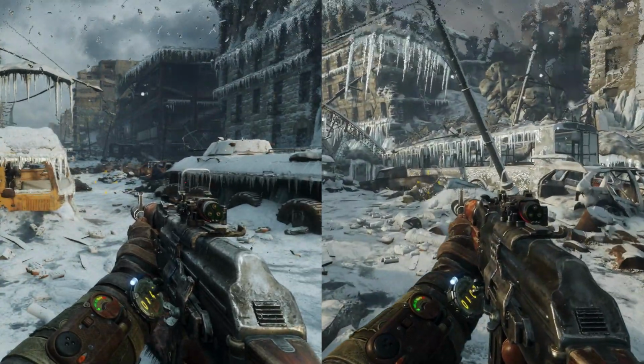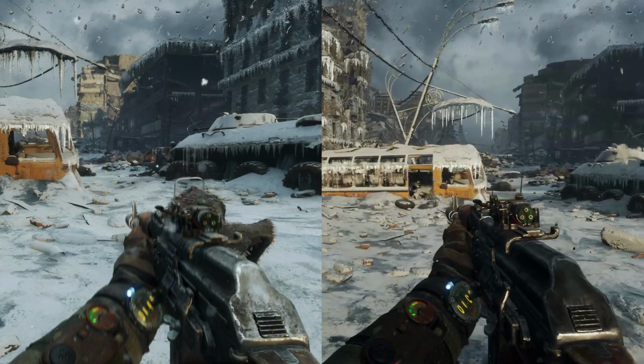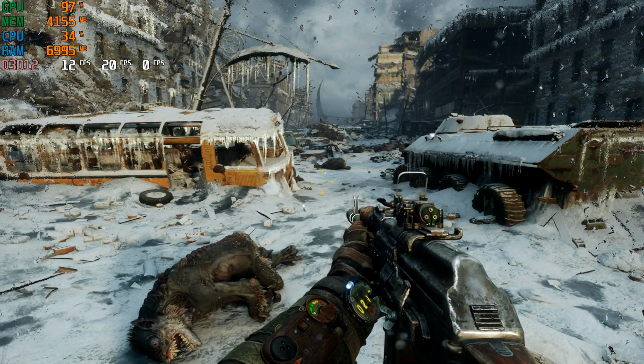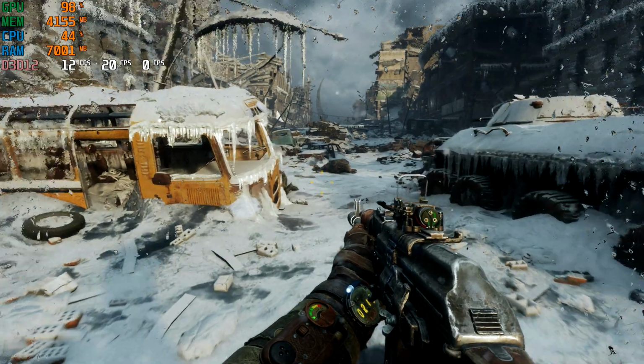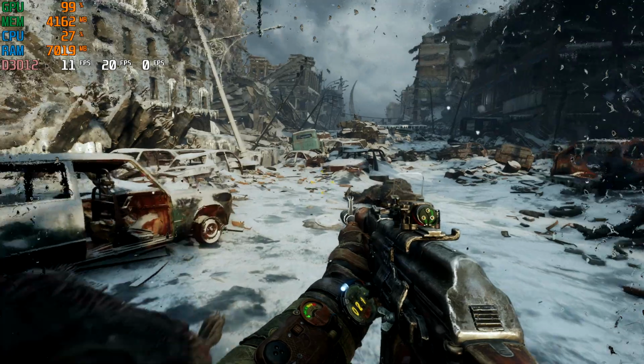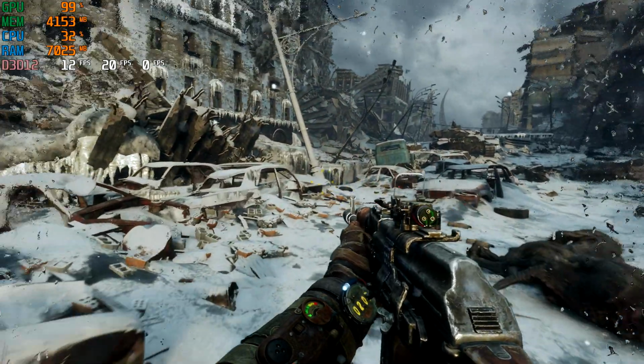Now, what you do need to understand is that we are running with the lowest graphics settings also, with the only thing being turned on basically is ray tracing. And this is the problem, because if you turn DXR off, you will notice that we all of a sudden get a pretty pleasant gaming experience